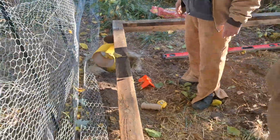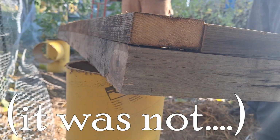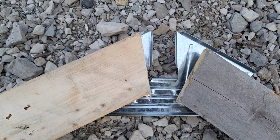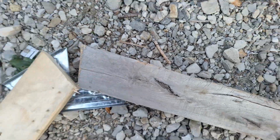Gonna have to measure it. Might actually be a good shot. We'll see. Let's go. Well, somebody's got...